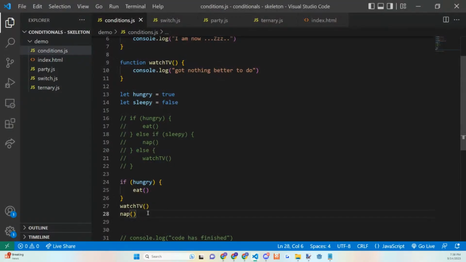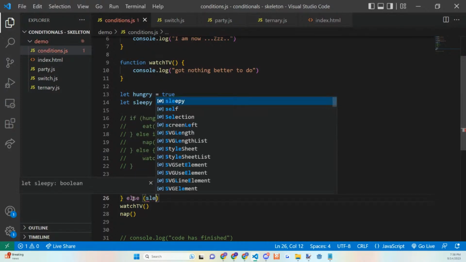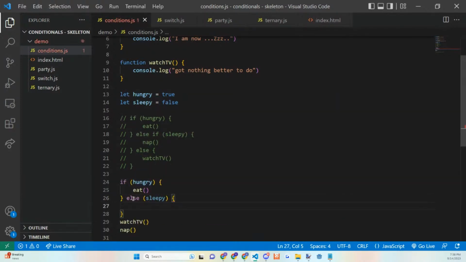So you can always have an if statement without an else, and then that would just simply run the rest of your code that you would maybe like to, right? Same thing that could happen with the else, right? We could also have an else here, where we have nap if you are sleepy. And in all cases, we're always going to,